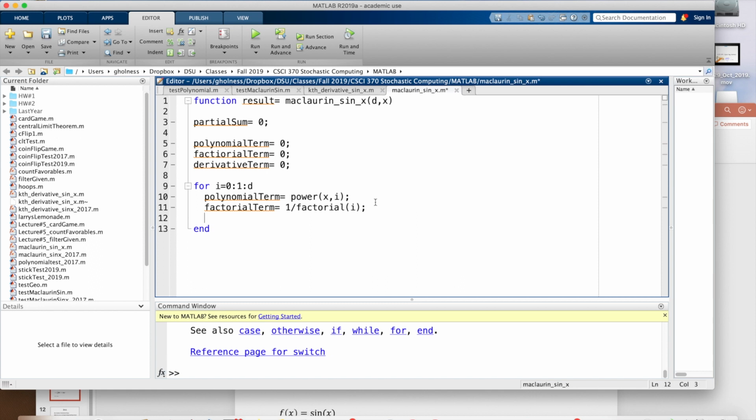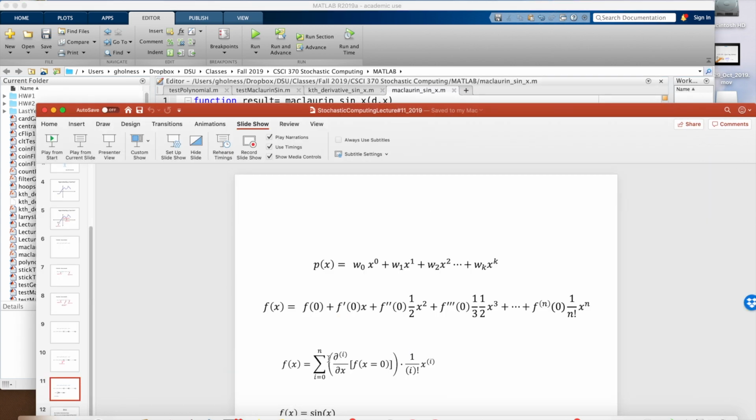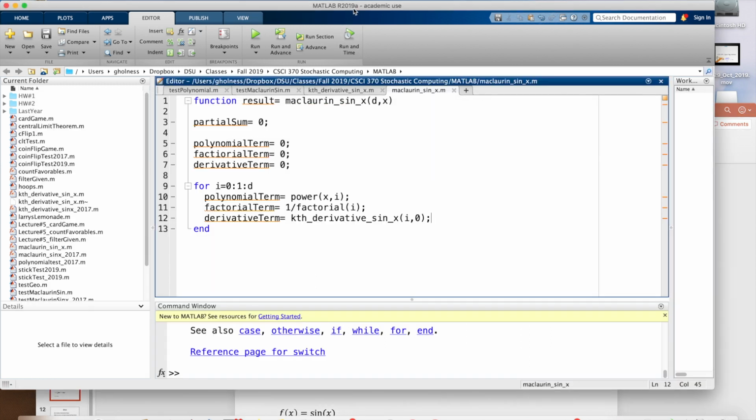Okay. So now I'm going to do my derivative term. Derivative term is equal to kth derivative of sine x, right? The ith derivative, and I'm going to evaluate that at 0, right? And that's exactly what my derivative term is. It's d^i/dx^i, the ith derivative with respect to x of that function, and you evaluate it at x equals 0. Okay. Any questions about this? Make sense? Okay. So let me save this,